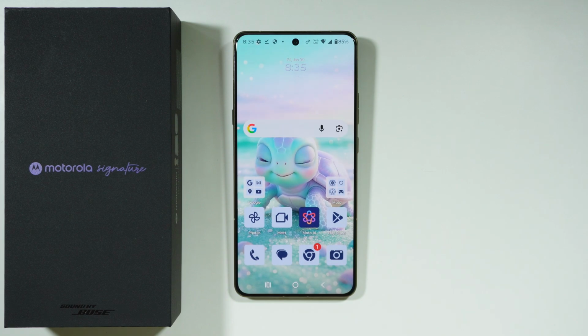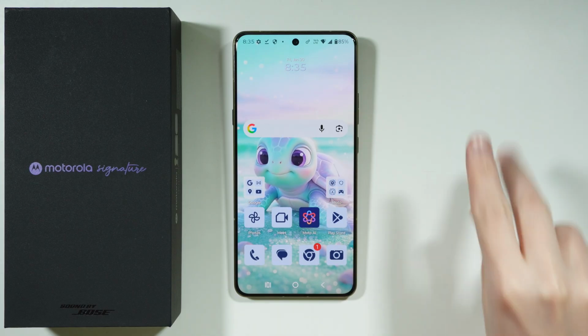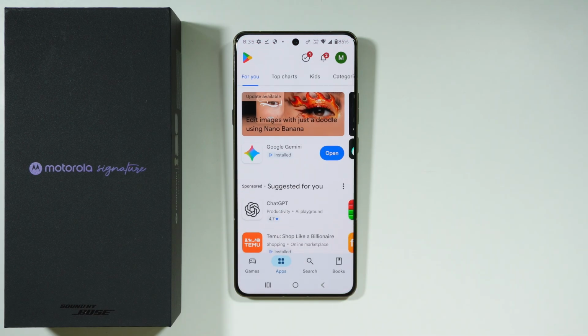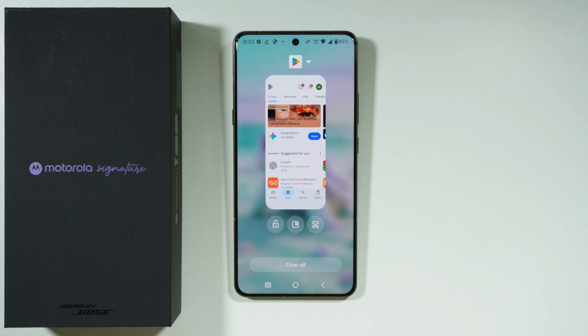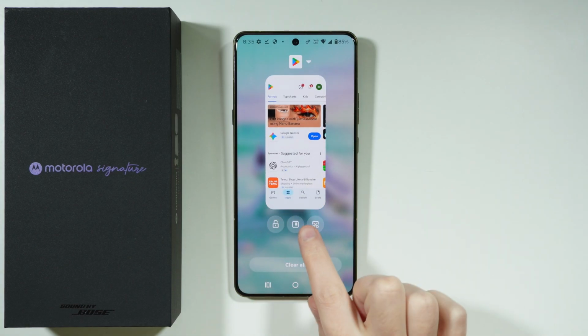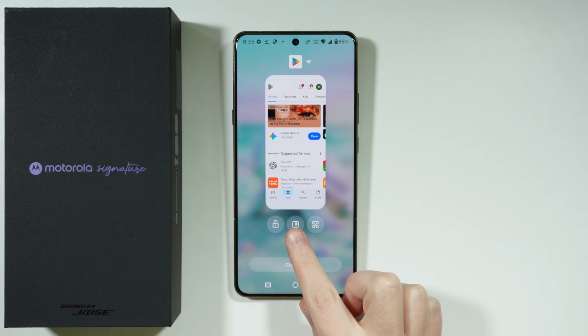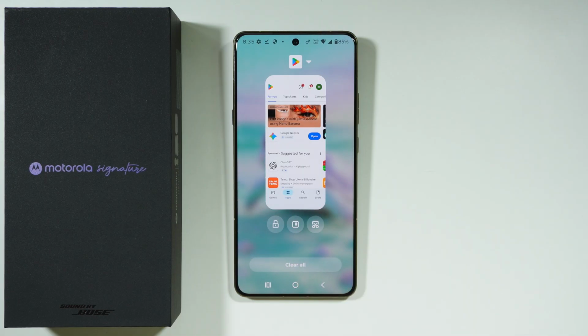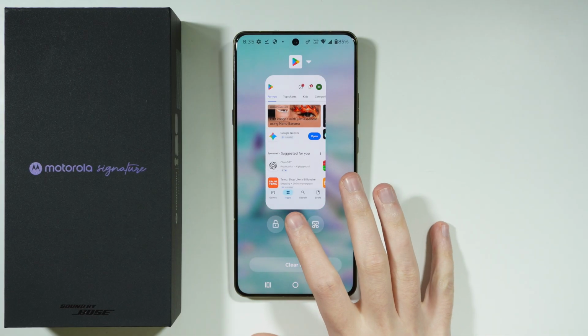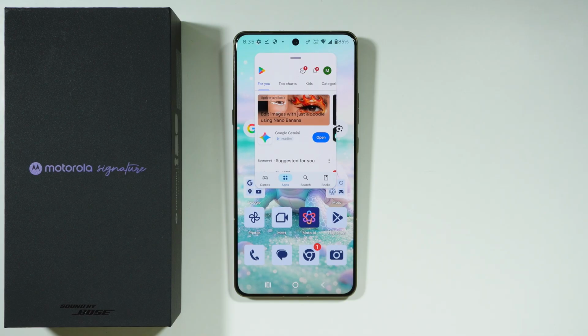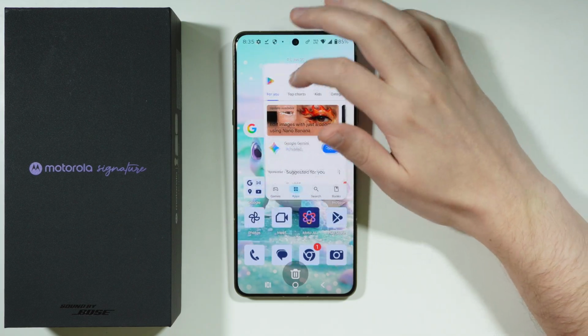If you want to open apps in the pop-up view on Motorola Signature, it is actually quite simple. You have two ways to do so. You can open the app that you want to open in the pop-up view and then go to Recent or Background Apps. And then below the app preview, we have this button, this rectangle or square within the rectangle, I guess. And we can tap on this button in order to immediately open the app in the floating window mode,